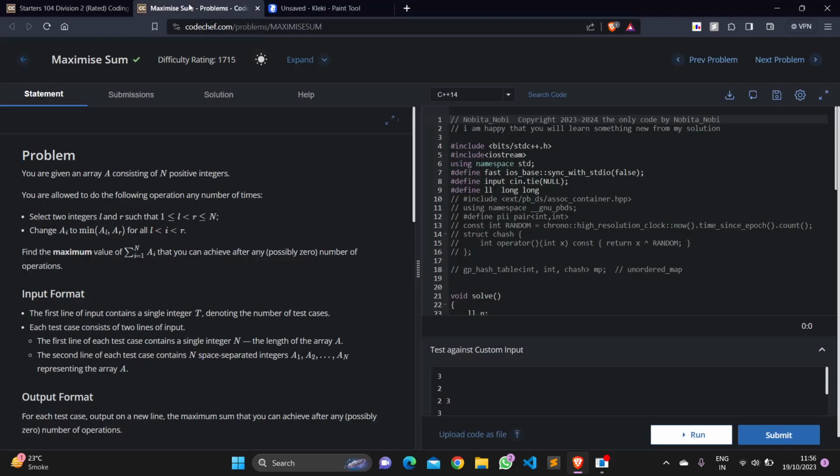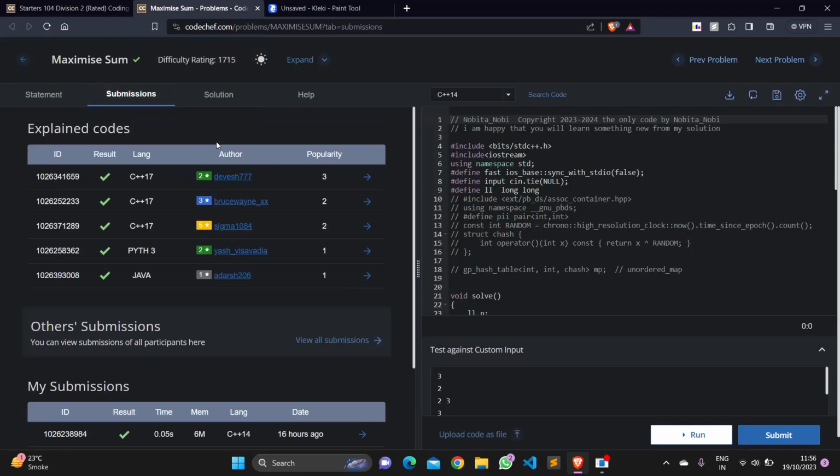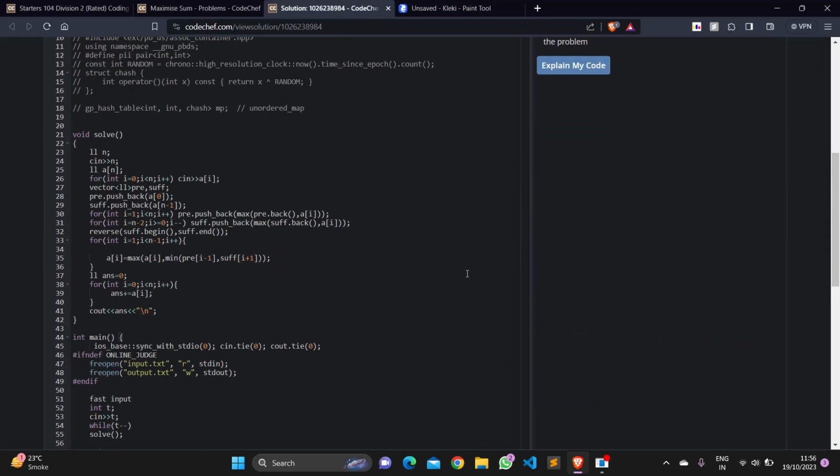So let's see the solution. It will be simpler if I show you my solution. So it's pretty simple. This is my input and these are my two vectors, prefix and suffix. I have made this prefix, and this is my suffix, and I have reversed it because the suffix should be in the right order. And what I have done, I have replaced a of i with the maximum of this, and I have taken the minimum